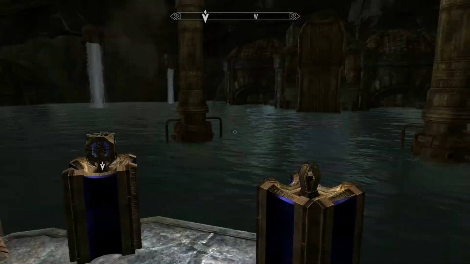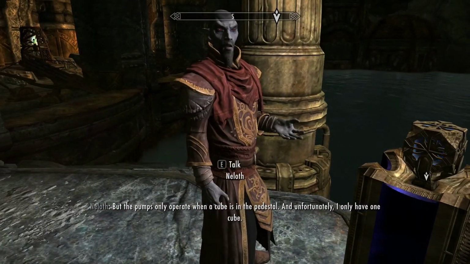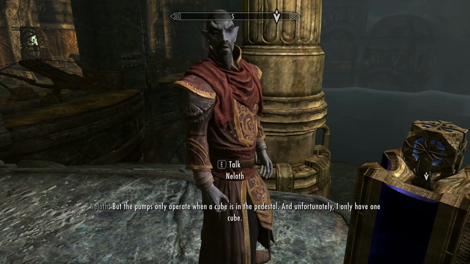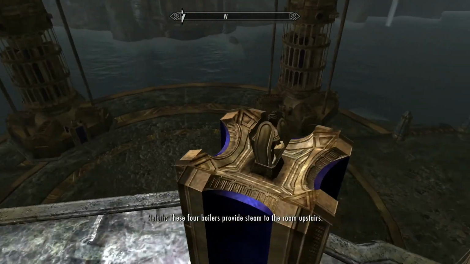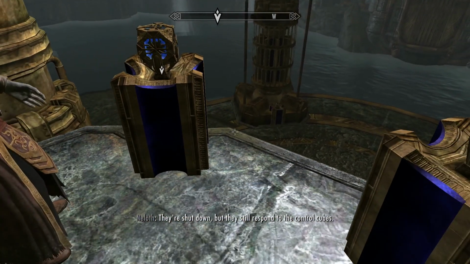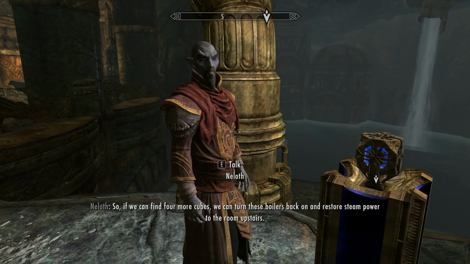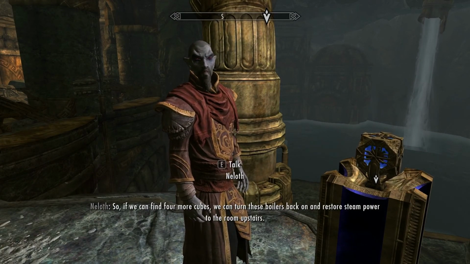Is it too dark? No, it's fine here. But the pumps only operate when a cube is in the pedestal. Unfortunately, they only have one cube. These 4 boilers provide steam to the room upstairs. They're shut down, but they still respond to the control cubes. So, if we can find 4 more cubes, we can turn these boilers back on and restore steam power